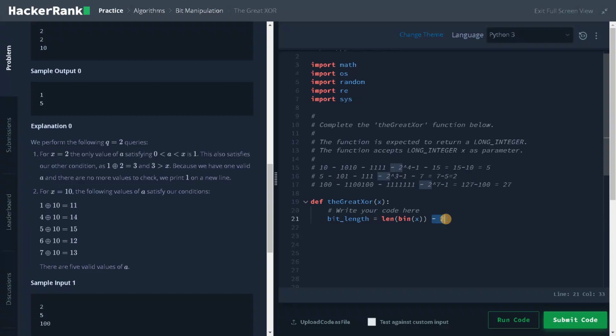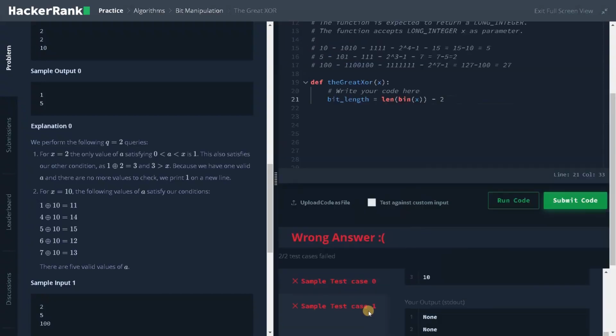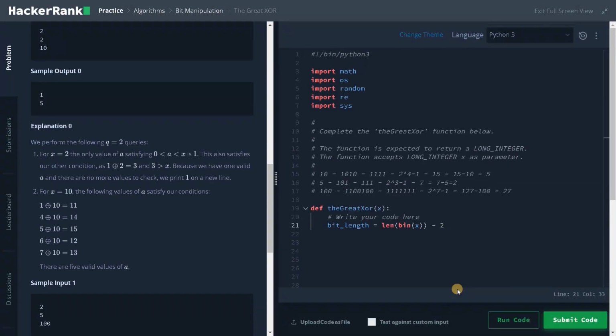So why am I using minus 2? Because in Python they will always have this 0b to represent a binary representation. This is actually a string if you convert it into a binary format, and after that I'm just removing those two characters. So after this we'll be having the bit length, that is the total length of the bits. So here it is 4, this is 3, this is 7.